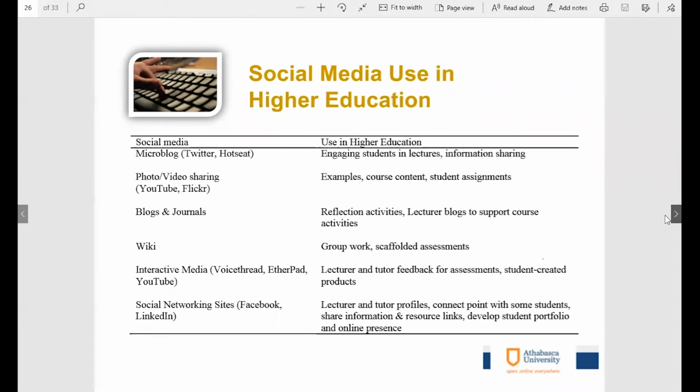That could be in blogs, video and YouTube sharing, journals, wikis, and interactive media. There are types of media where we all can be drawing on the screen at the same time. Even in Zoom, we can make it so that I could draw on the screen. And of course, social networking sites. So next slide. When we take a look at social media in the classroom,